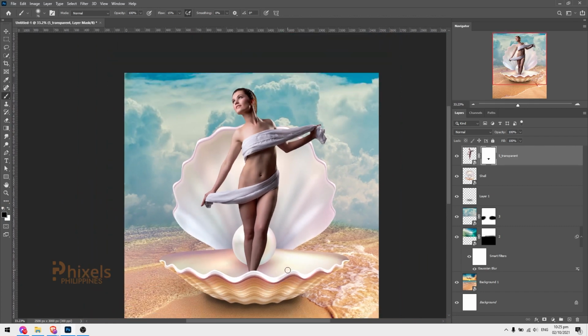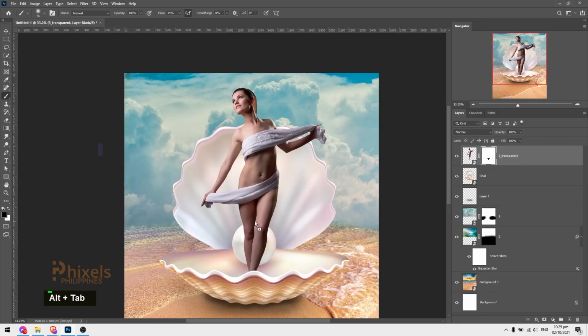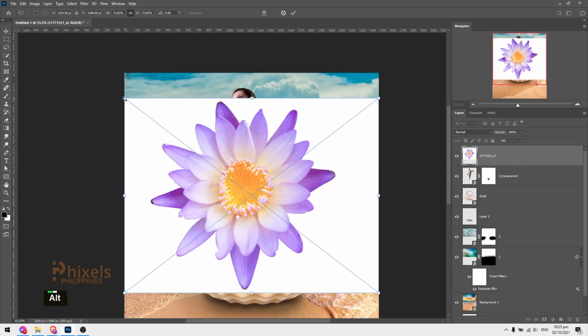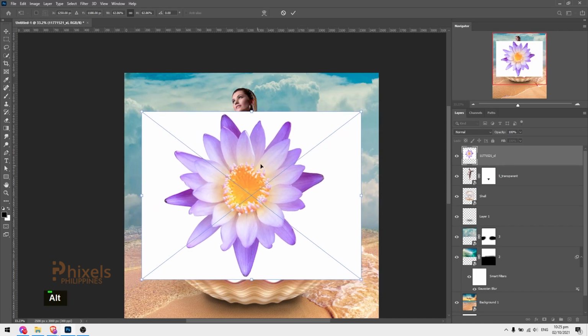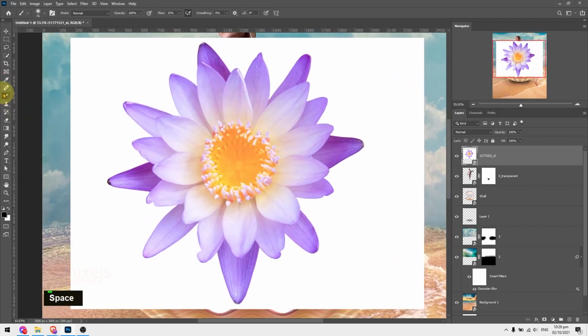What else should we do? Let's add more character sa poster na to. How about we add this flower, no? Itong flower na to. Let's put it here and just basically delete the unnecessary parts of this flower. Now, I don't have to worry about anything at all. Let me just grab my eraser tool. Actually, the magic eraser tool. And I will rasterize this. Rasterize ko muna to. Rasterize, and then